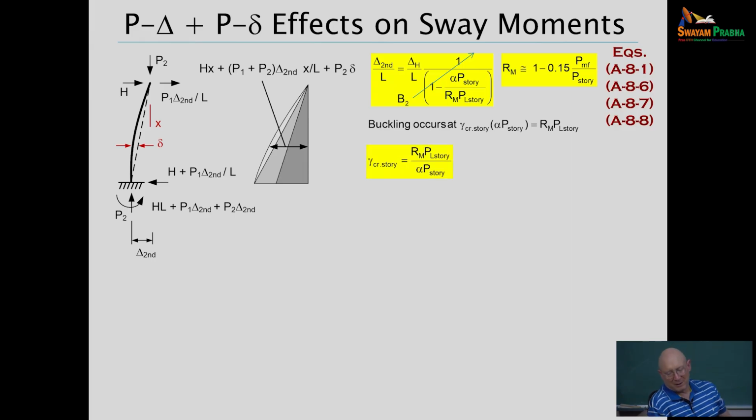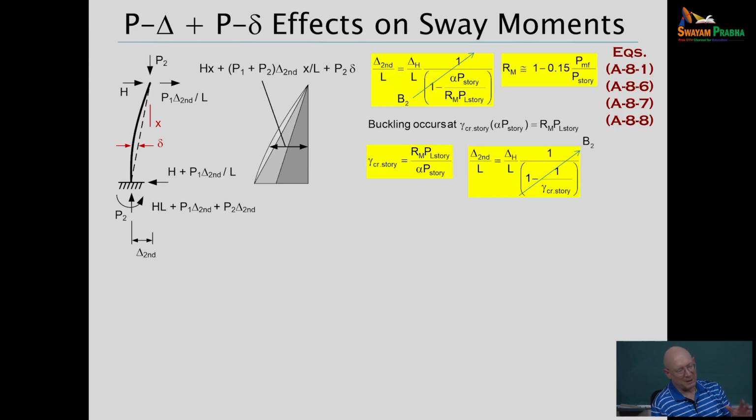And if we want to know, well, what's the eigenvalue or what's the multiplier to get from our design load level alpha P story to incipient buckling, obviously that's the ratio of the buckling load to the load that we're designing for. So by including the small delta effects, is it actually becoming better? Rm is generally going to be a number smaller than 1. Or in the best case scenario, if we go back to the first example where all the load was on the leaning column, R sub m would be 1 in that case because there's no load on the moment frame column. And so in that case, you end up with 1